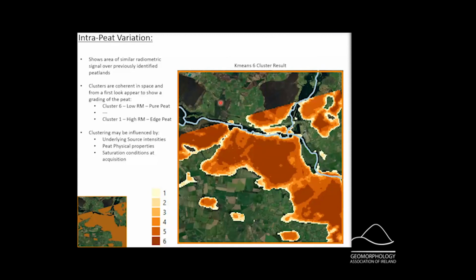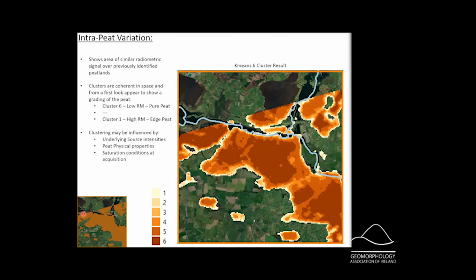So the second motivation was to investigate any intra-peat variation that might be present within the peatlands. As these variations are unknown, I'm using the unsupervised method, which acts without guidance, to find the similarities in the data and assign them to a cluster. In this case, I've only taken the data previously identified as peat, this little brown map down the corner. And the classification has shown that these data can be nominally described by 6 groups as shown on